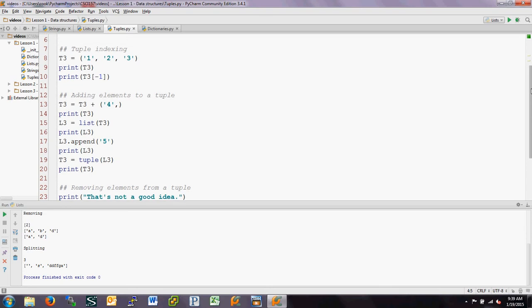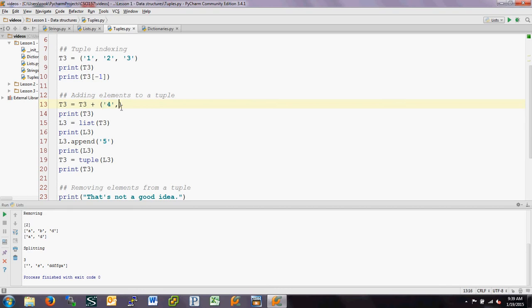If you want to add something to a tuple, it's very different than adding something to a list. So there's a couple ways to do it. One's much more complicated than the other. There could be reasons for doing it this way. But in the first case, to add to a tuple, the only way to really do this is to take your original tuple, in this case T3, and add to it another tuple. You have to make it a tuple, and the way you do that is if I wanted to add the element 4 to this tuple,